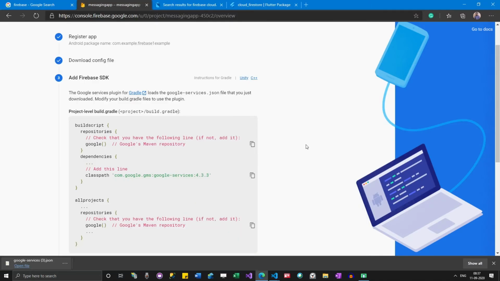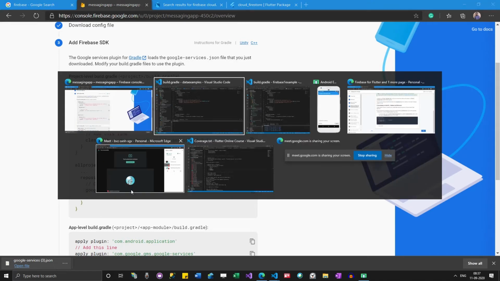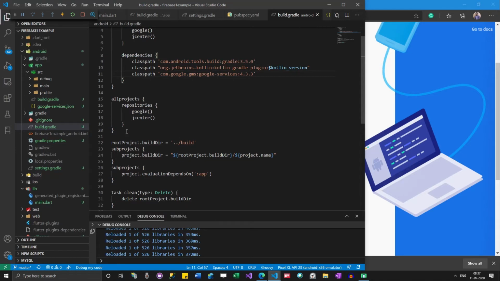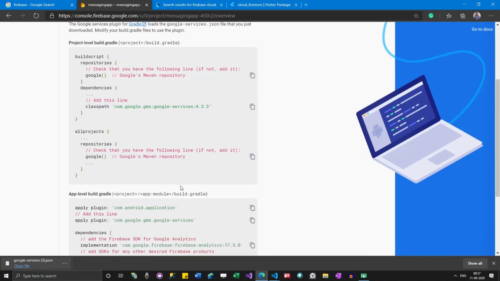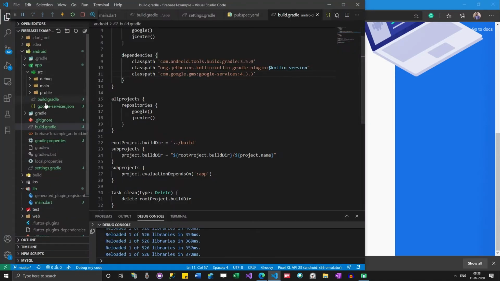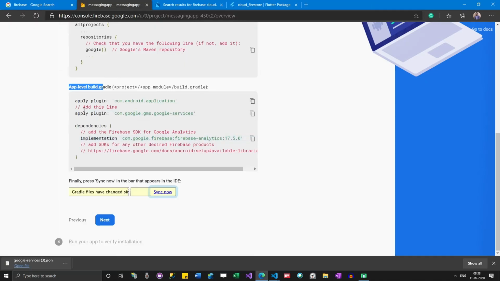And in all projects we need to have this Google. Yeah, Google is there. I think this is the only stuff. Now the app level, app module build Gradle file. There is one more file which we need to modify. I think the app build Gradle file. It says apply plugin.